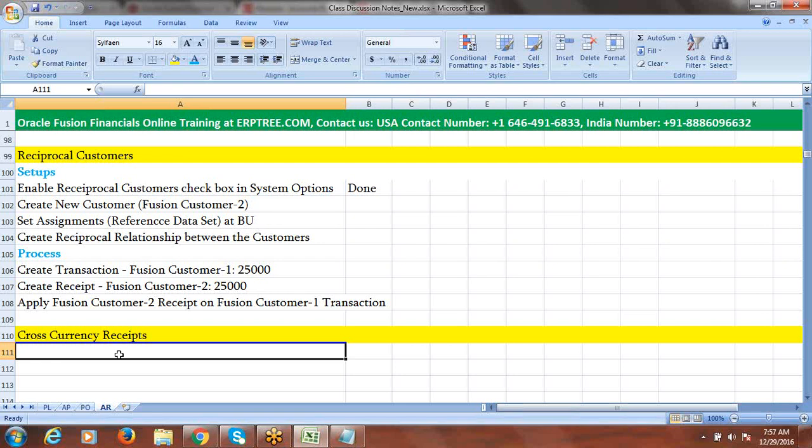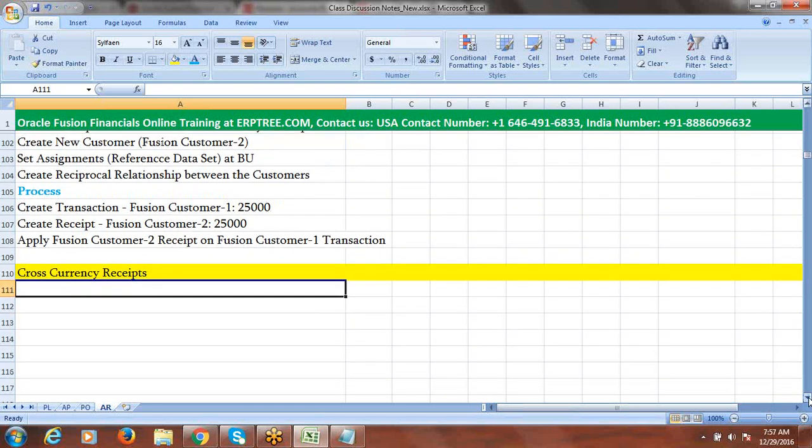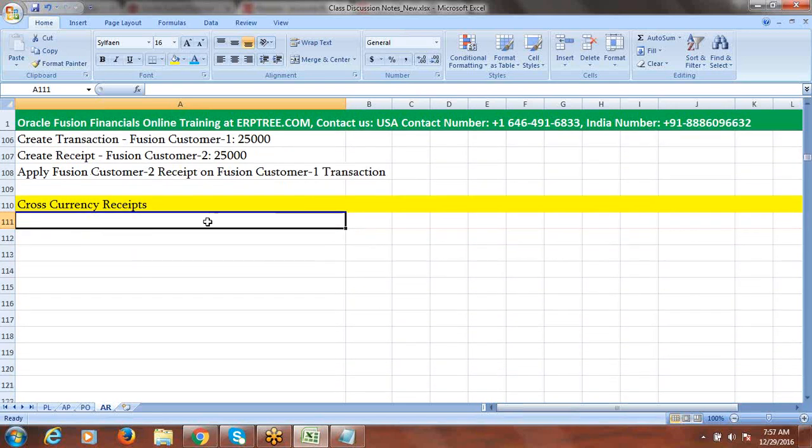Okay, fine. So basically to test this cross currency receipts, we have to do certain configuration. So first we have to do some setups in the system options. So I'll just make a note of those setups. Say configure system options for cross currency receipts,